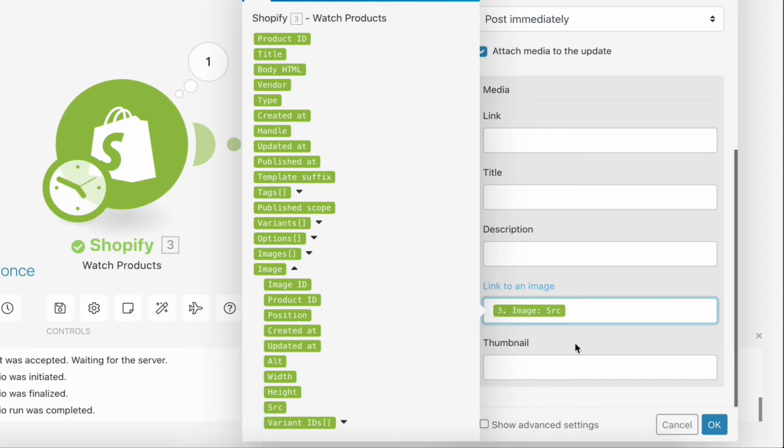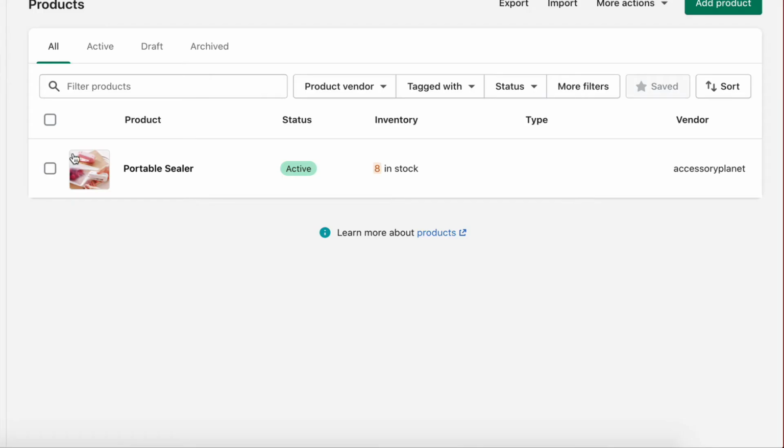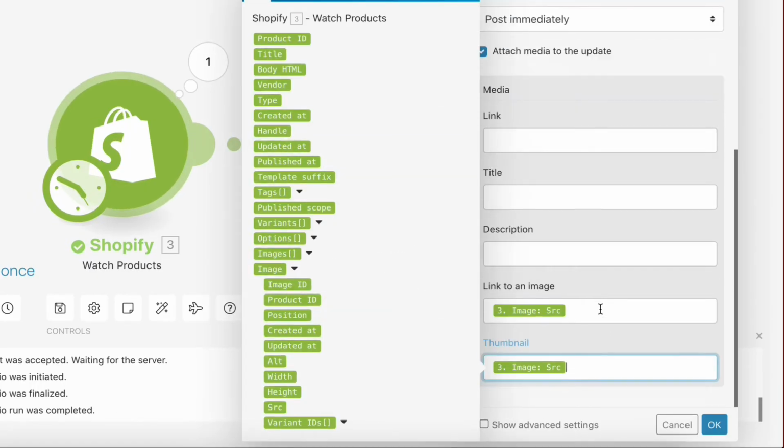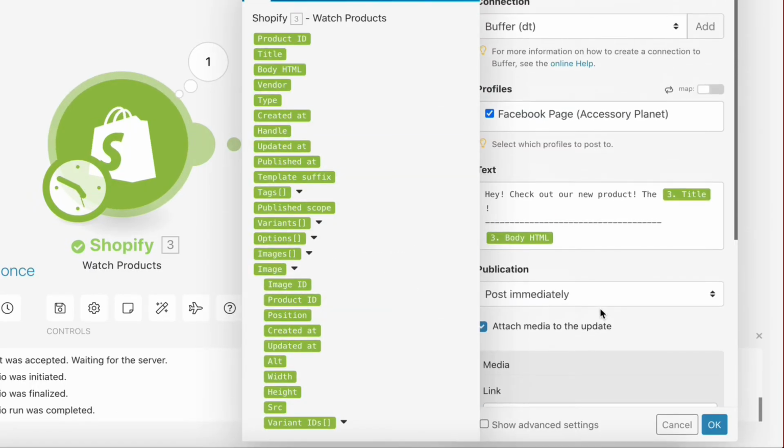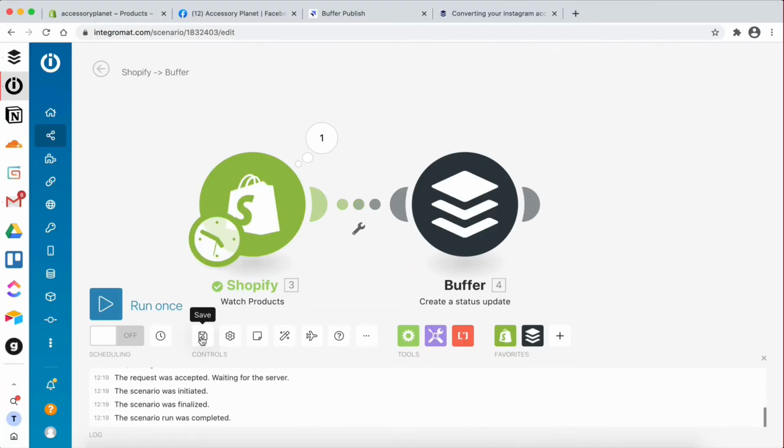This is the source of the image. And I'm gonna do the same for the thumbnail. So source, and what this means is this is the link to the main image of the product, right? So this is going to be the image. So yeah, that's fine, and that's pretty much it. So now I'm going to click OK, save this scenario,